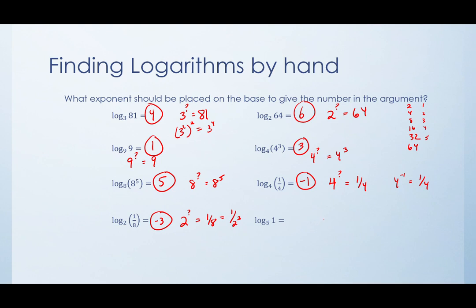Log base 5 of 1. 5 to the what power equals 1. And of course, anything to the 0 power equals 1. What about this one? Log base 3 of negative 9. So 3 to the what power equals negative 9. And we're going to say, ooh, it's not real. Because I can't raise 3 to any power and get negative 9. So we're going to say it does not exist. And we're going to remember that negative 9 is not in the domain of